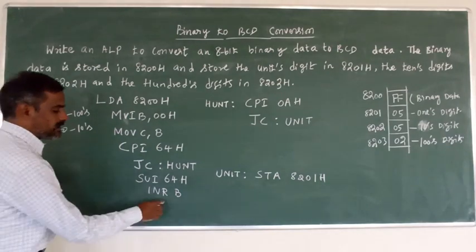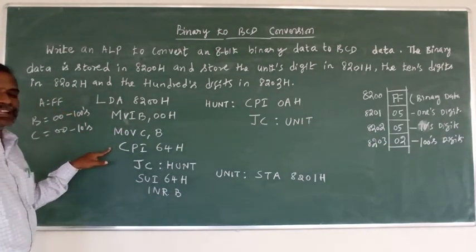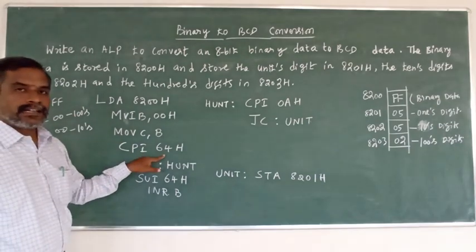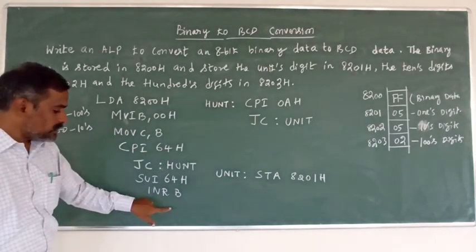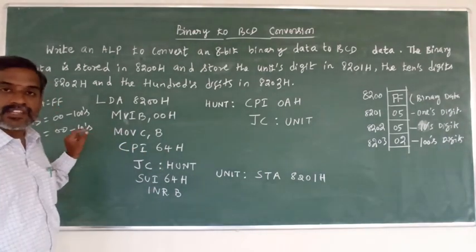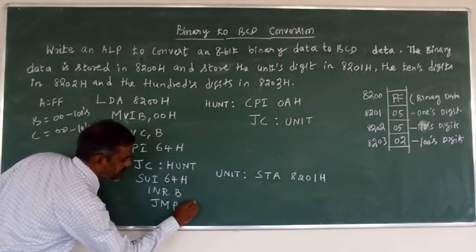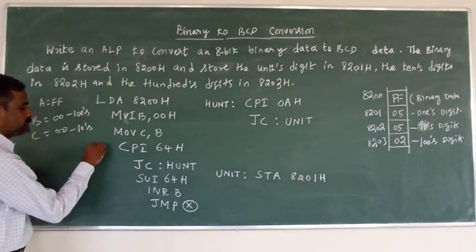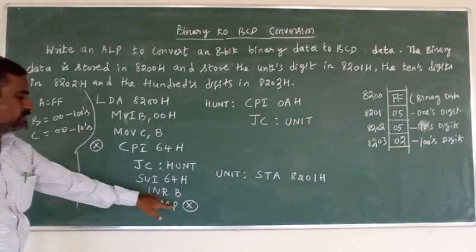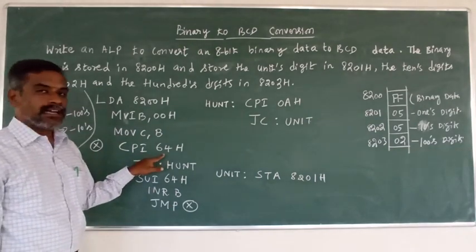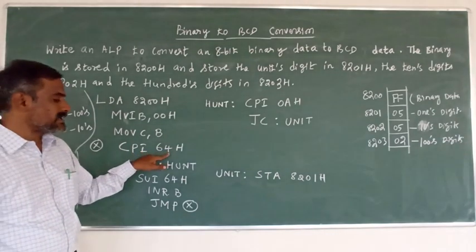And after the increment, again we have to compare the accumulator with 100. Now accumulator is 155. 155 compared with 100. Now jump to this address location without any condition. For that we can use an unconditional jump. Unconditional jump means jump to this memory address location. Okay. Now it will jump to here. Again compare the accumulator with 64. Accumulator 155 compared with 100.